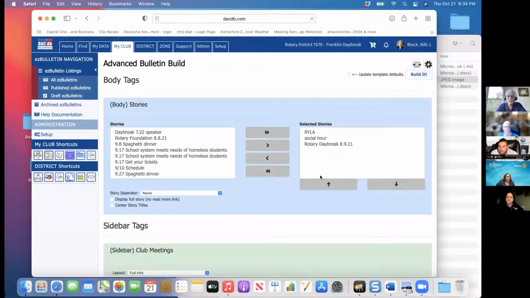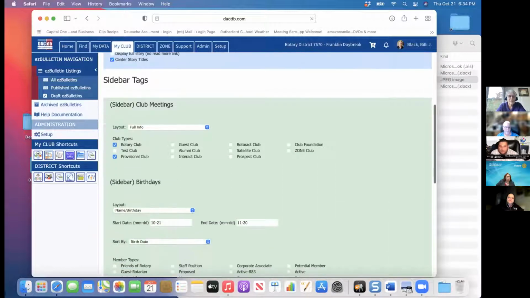You can resort them. No, it's not doing that. It's so special. You can have a story separator. Right now I have no story separator. Display the full story. So no more, when we talked about that, read more. And here's the center. This would make the story title centered. We'll do that one. Okay, then you come to the sidebar tabs and you decide what you want on the